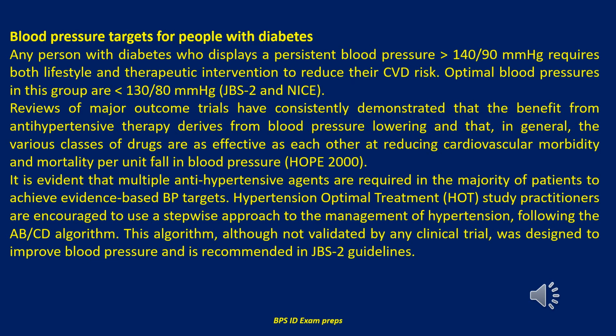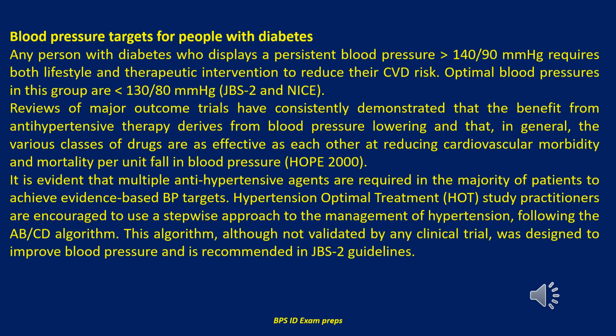Any person with diabetes who displays a persistent blood pressure above 140 systolic, 90 diastolic requires both lifestyle and therapeutic intervention to reduce their CVD risk. Optimal blood pressures in this group are below 130 systolic, 80 diastolic, according to the JBS2 and NICE. Reviews of major outcome trials have consistently demonstrated that the benefit from antihypertensive therapy derives from blood pressure lowering and